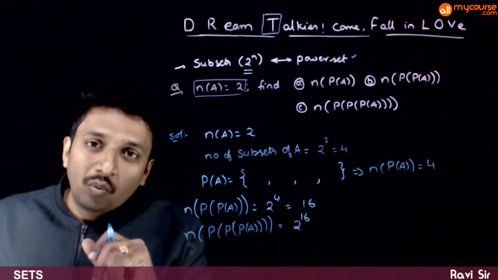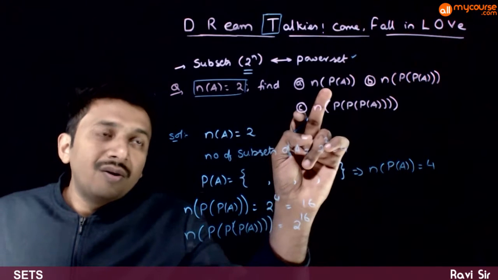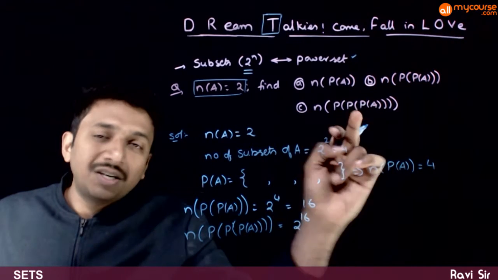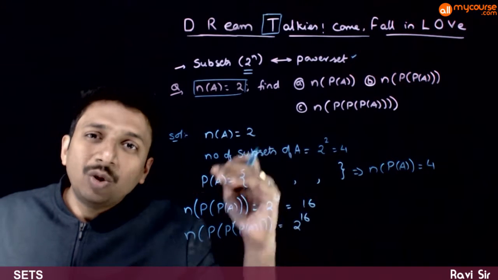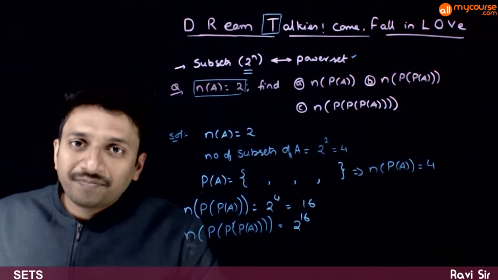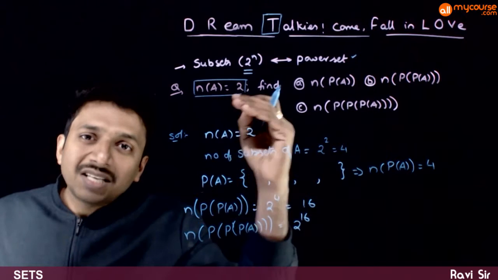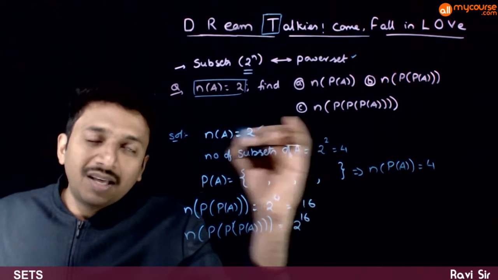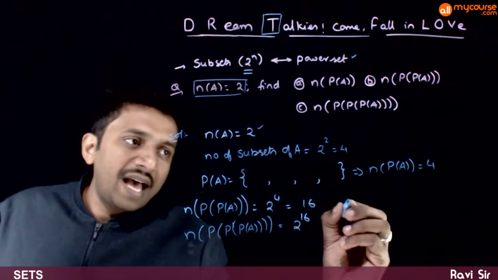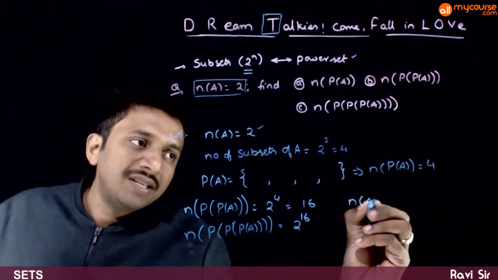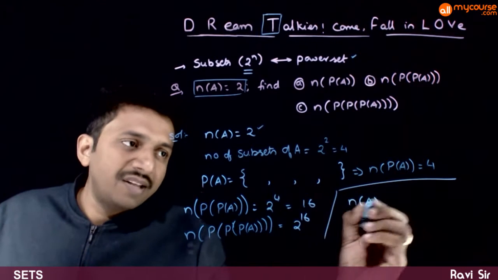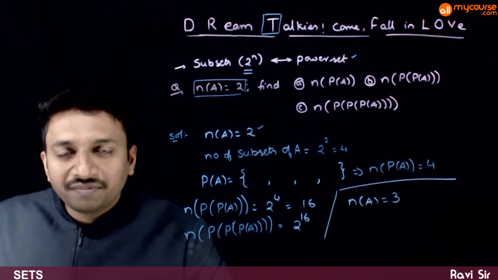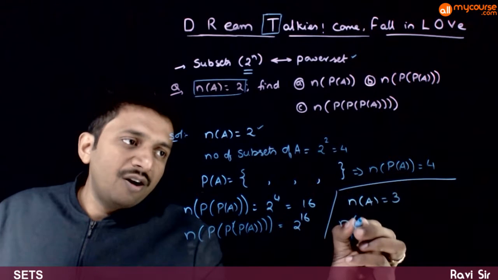So in the exam, what you need to remember is, whatever the number of P's that you have to write, write those many 2 power 2's. And above the last two, you have to write the number of elements in A. So in the next question, if the number of elements in A is equal to 3, what is N of P of